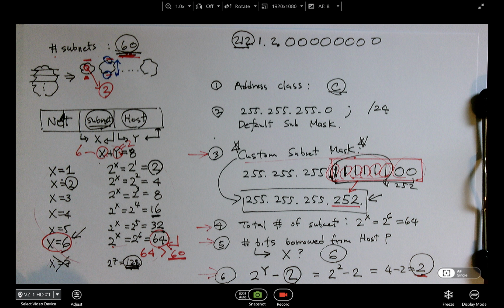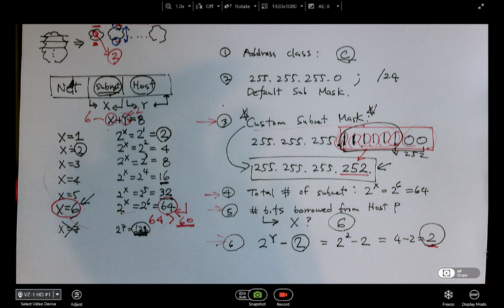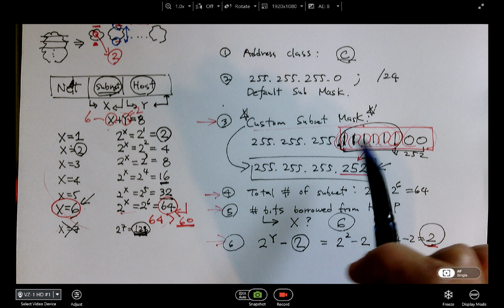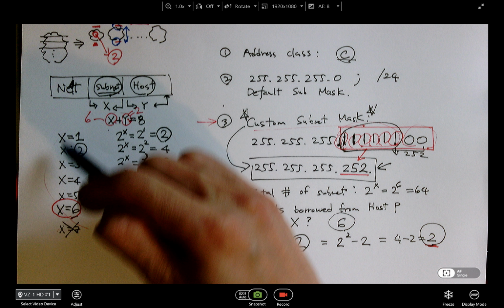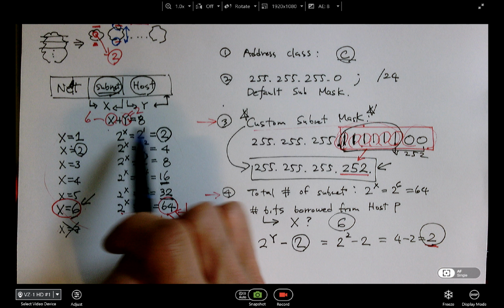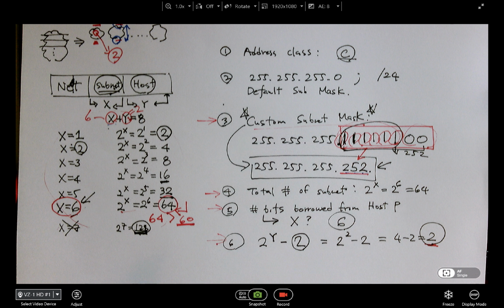So there are a couple of ways you can find it, right? Because we already have this information. The first thing is, without this, you cannot really find anything further. So assuming that you solve this, and then you have all this information, especially x is a 6 and y is a 2, and then you have 252 for your custom subnet mask. Okay, then